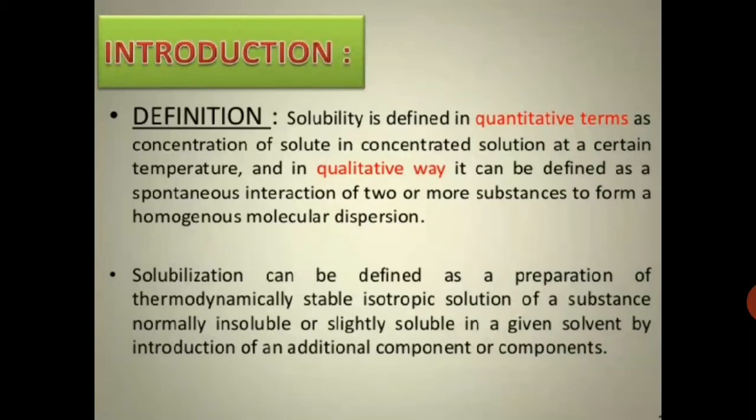The extent to which the solute dissolves at a particular temperature is known as its solubility at that temperature. Usually 20 degrees centigrade is considered to be the optimum temperature for the preparation of stable saturated solutions, because it is considered as room temperature at which the drugs are supposed to be kept. When a substance dissolves in a given system, there must be interaction between solvent and solute molecules or ions, and dissolution of solute in solvent results.